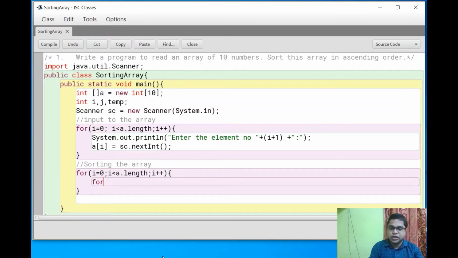For the inner for loop I take j, which starts from i plus 1, then j less than a.length and j plus plus.